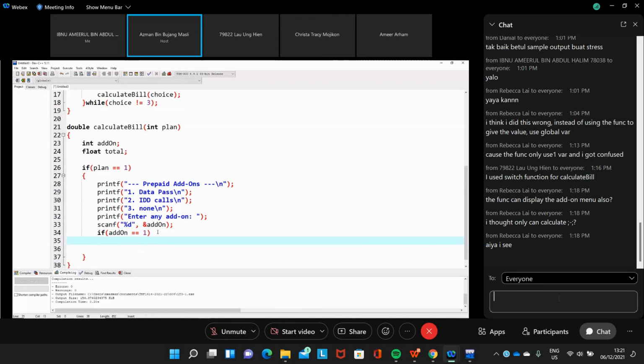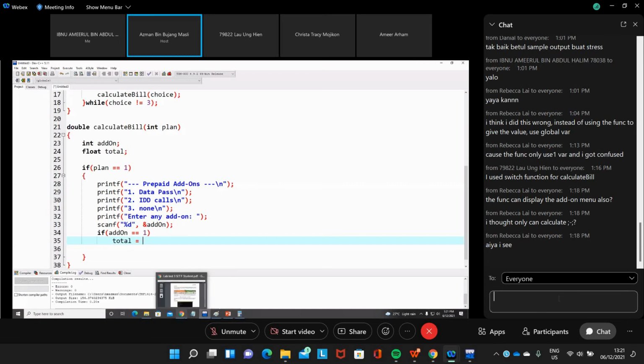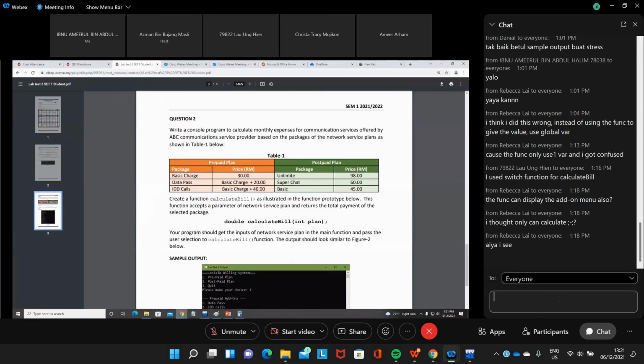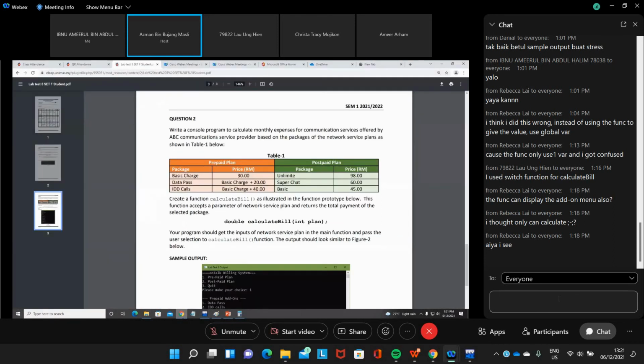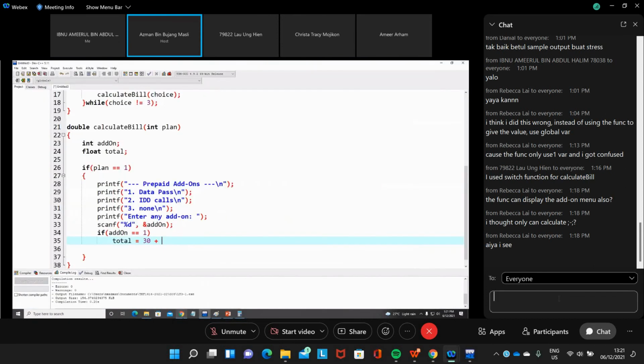Total equal to float 30, this is the basic charge, 30 plus the add-on. Data pass is basic charge plus 20. If IDD call, plus 40. So this is plus 20.